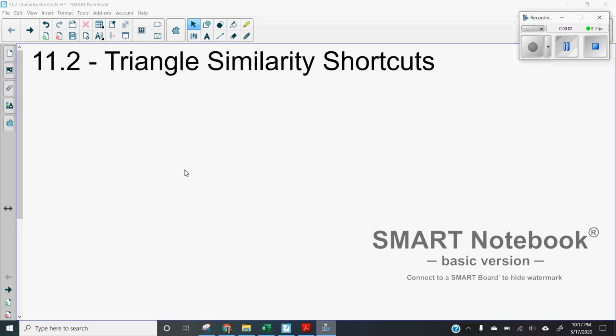Everybody, in this lesson 11.2, we're going to find triangle similarity shortcuts. If you remember from much earlier in the year, we had triangle congruence shortcuts, which allowed us to save some time by instead of checking all three pairs of angles and all three pairs of sides and making sure that